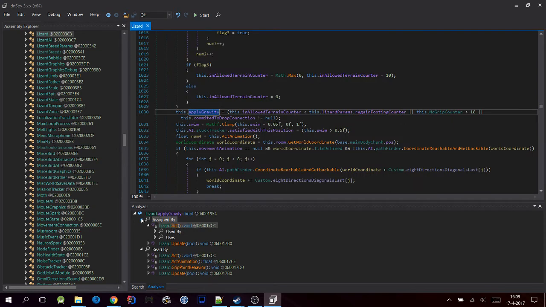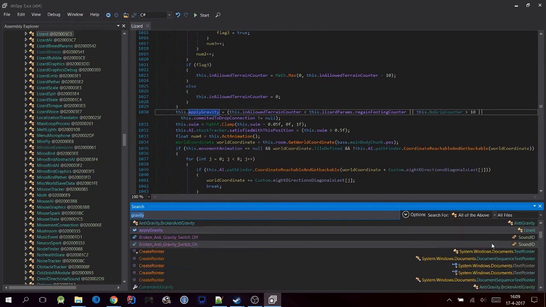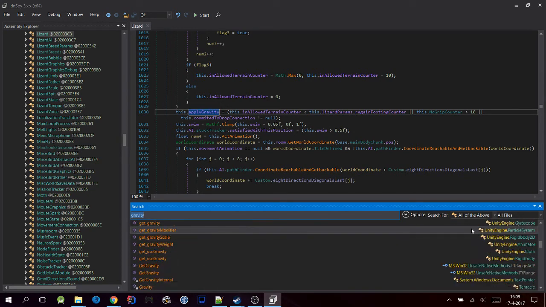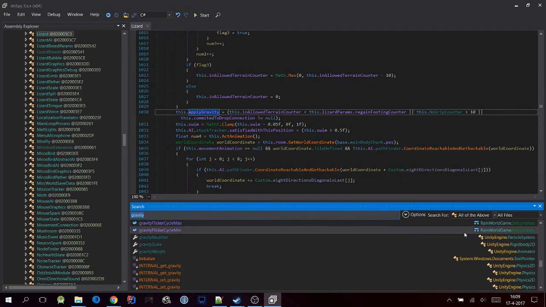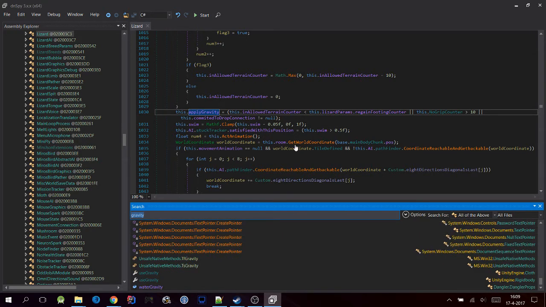And I think this is something different. I think this is not literally related to gravity. I'm not sure. So let's just look a little bit further. And if we don't find anything in here, we'll just use what knowledge we gathered